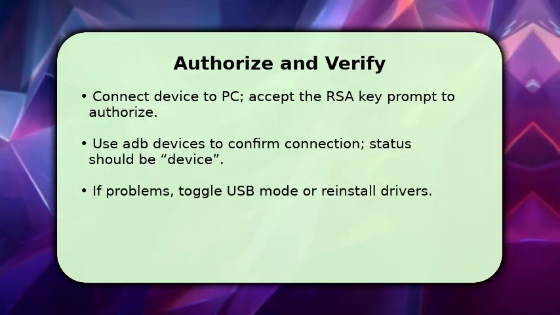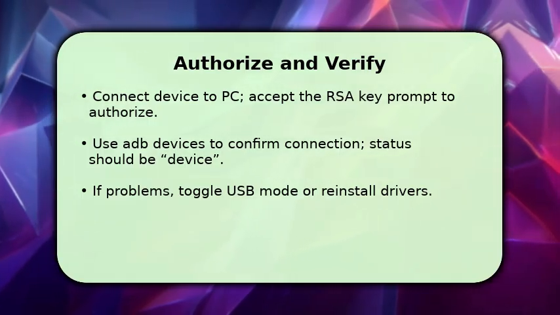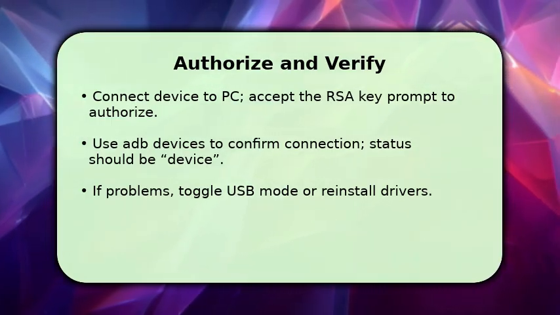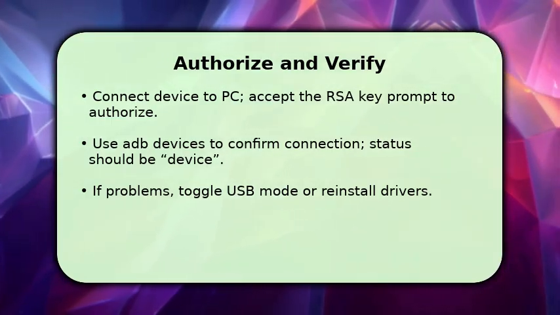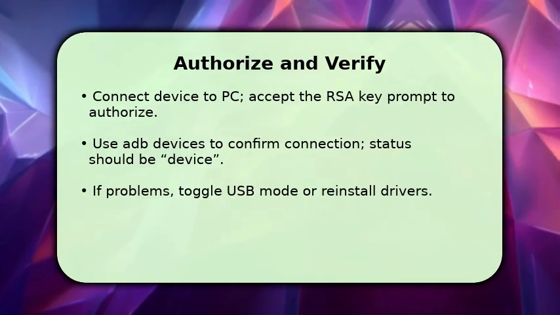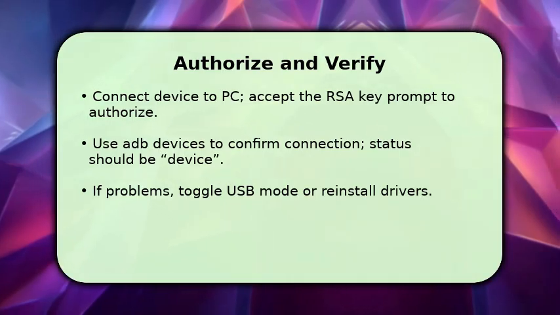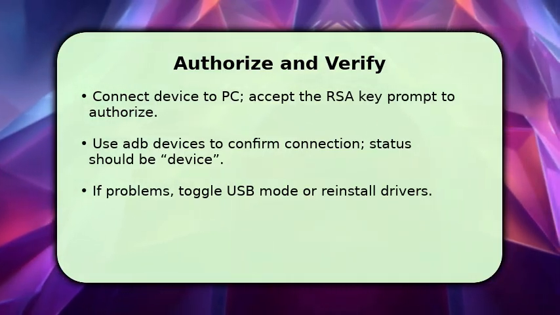On the computer, run adb devices. If the device shows as device, you're ready. If it shows unauthorized or nothing, revoke USB debugging authorizations on the phone and reconnect. One key troubleshooting tip: switch the USB mode to file transfer. Try a different cable or reinstall platform drivers on the